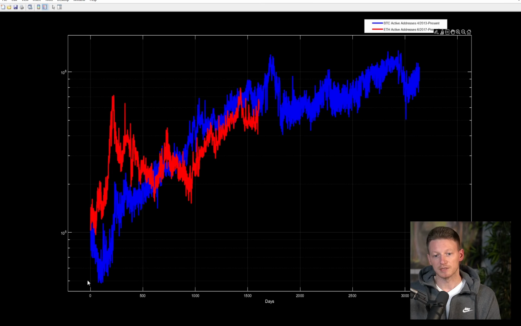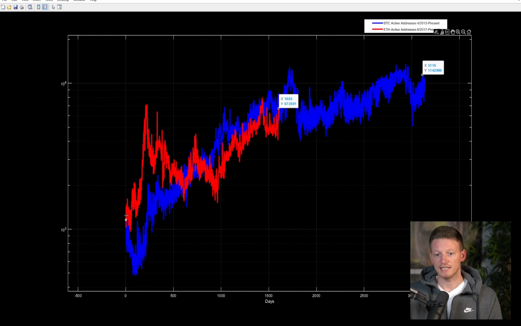We're starting though from a slightly different point. We're looking at the active addresses of these two cryptocurrencies at the point at which they attained 1 million active addresses. Okay, so for Ethereum, that was dating back to approximately June of 2017, whereas for Bitcoin, that's April 2013. T0 on this chart is equal to those dates for Ethereum and for Bitcoin. So this is present day for Bitcoin, and right at this point is present day for Ethereum.